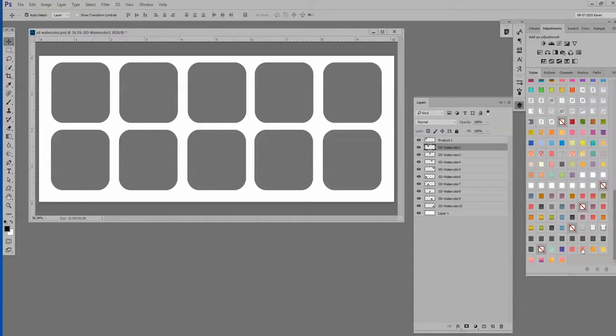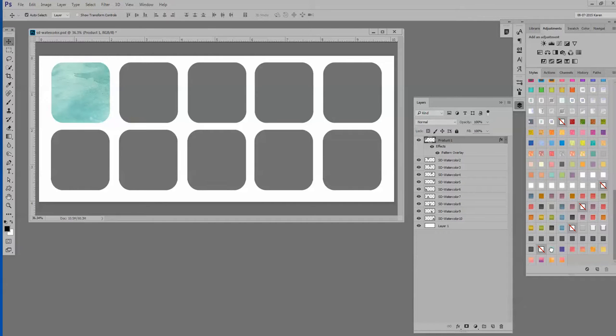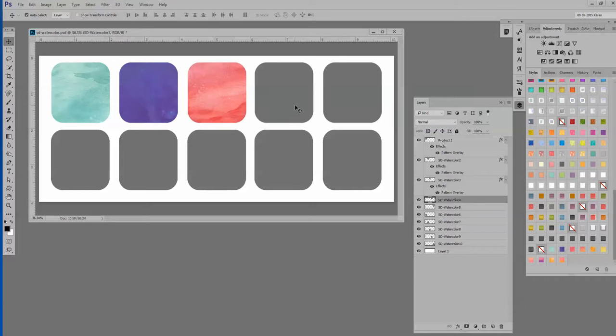So if you want to create your own style, you will go ahead and load the style as we've done. Click on the first rectangle, square, and click on the first layer style, and that will put that layer style here. And then just go ahead and complete your template until you have it all done.